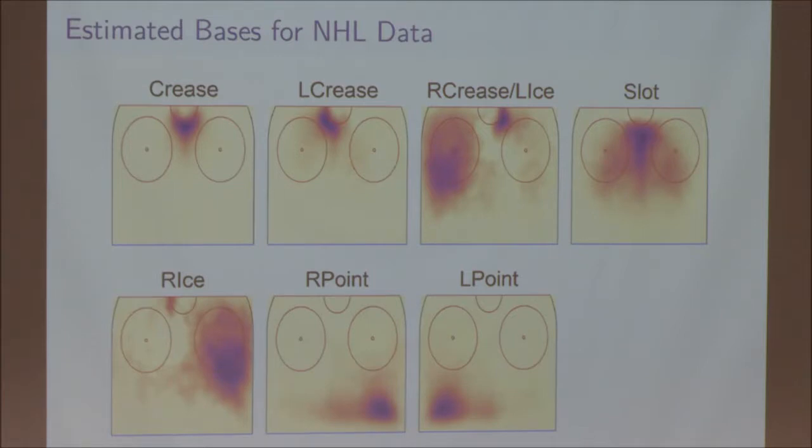And so these bases are actually inferring some sort of correlation of where different shots are taken from. So players that tend to shoot from here also shoot from here. And so that's already some interesting things. It doesn't apply to the right ice as well. So there is still a little bit of mass to the left of the crease on the right ice, but